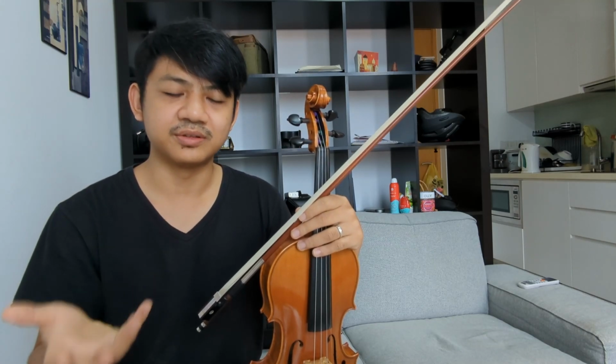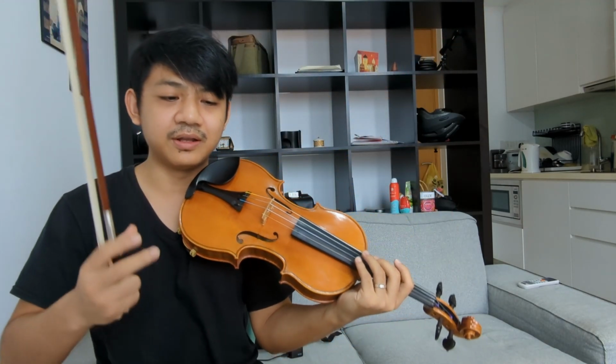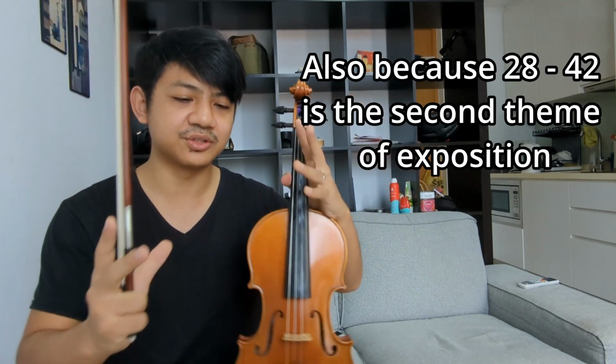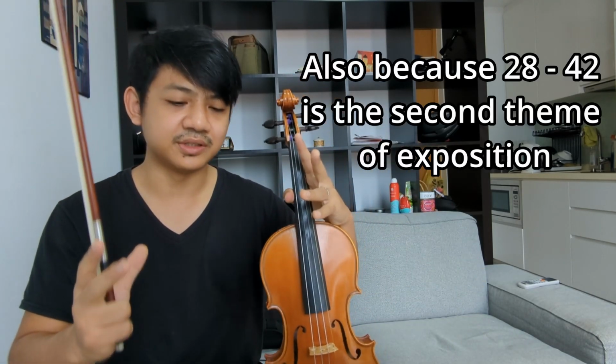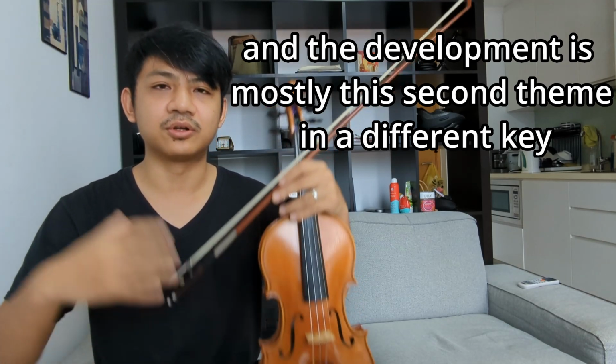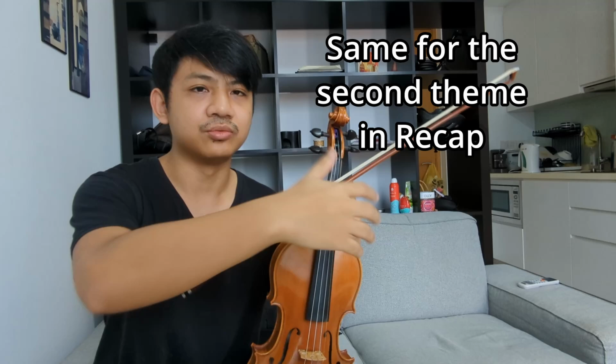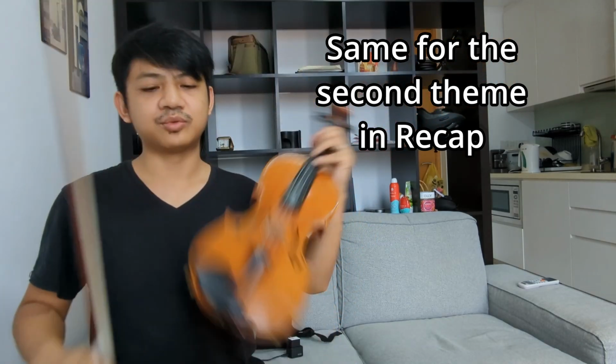The reason I mention so much about this bar 28 to 42 is because the left hand pitch is so concentrated in just these few bars that if you learn to relax your hand while playing this, you can apply it to the rest of the piece. For example,